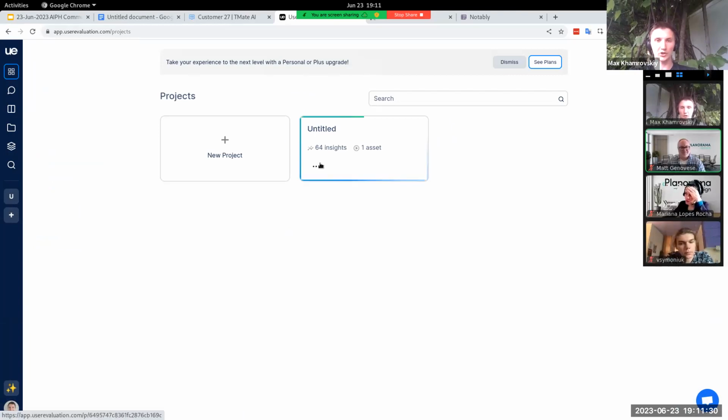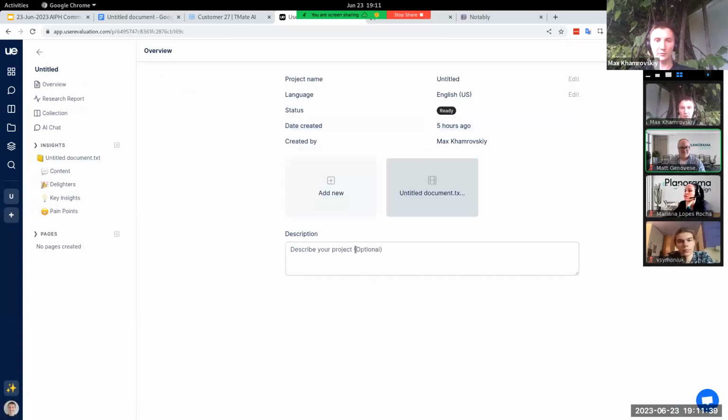That's the user evaluation tool. So you should be able to create a project over here and check whether you would be able to synthesize anything out of those insights over here. So I've already done that. So the difference between